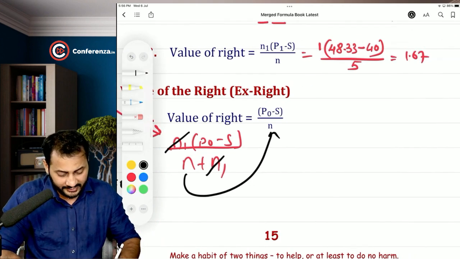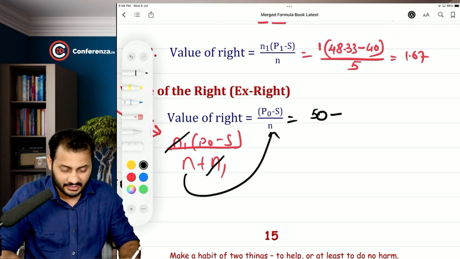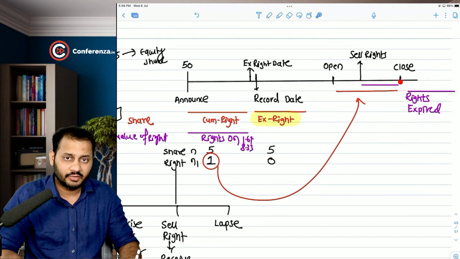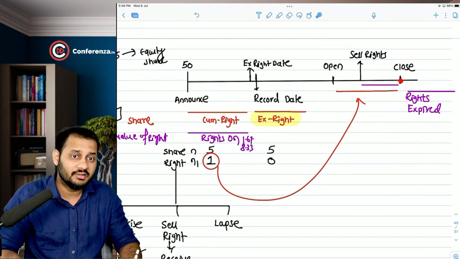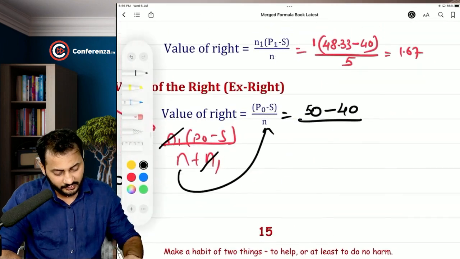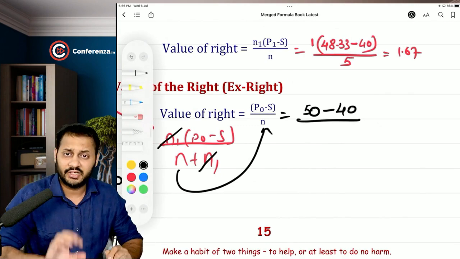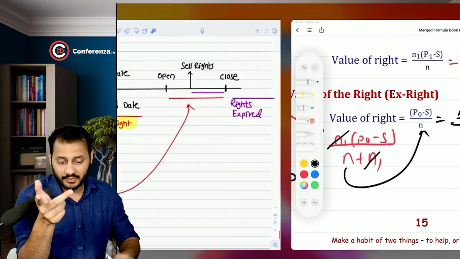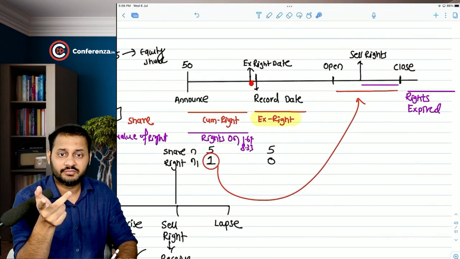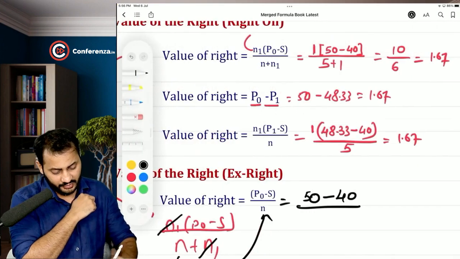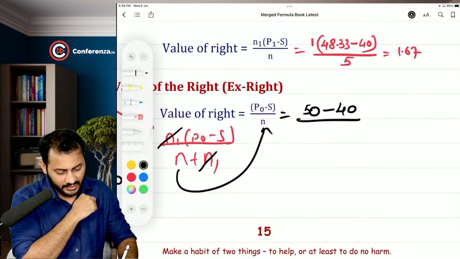So after the ex-right date, if the market price is 50 at that time and the subscription price was 40, because the subscription is still active, you can still subscribe till this date. So 40 is still applicable. So there is still 10 rupees of discount and the current market price is 50. It can change. The market price on this date is very important. So 50 minus 40, and the number of shares will